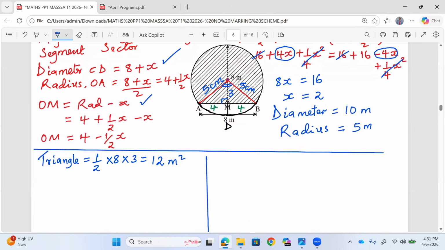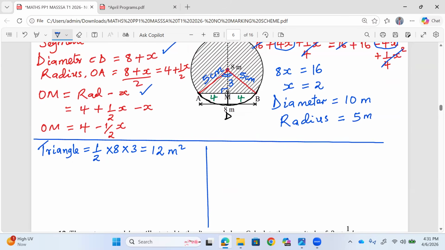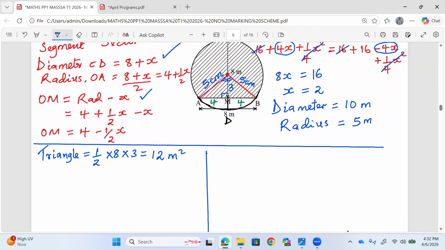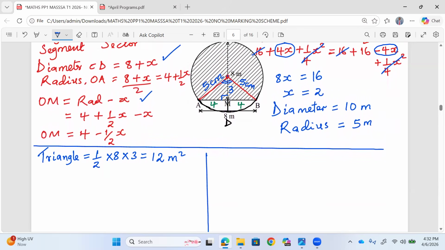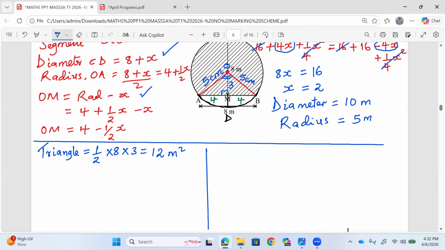We can find it using the formula for the area of the triangle: half times 5 times 5, sine of the angle in between the two 5s, to give us the area of 12. Allow me to say that there is an angle here, at the center O. Using triangle OAM,